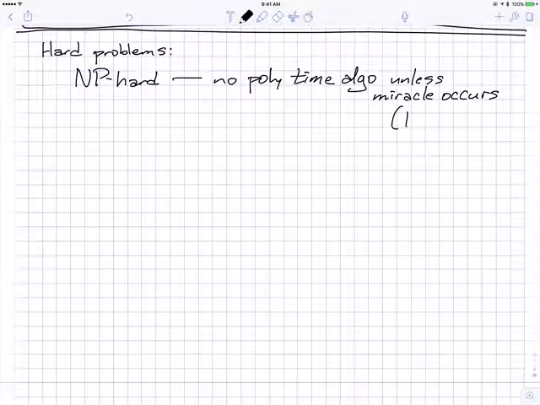That miracle would be known as a proof that P equals NP. Nobody believes that's going to happen. And then earlier this week, we talked about